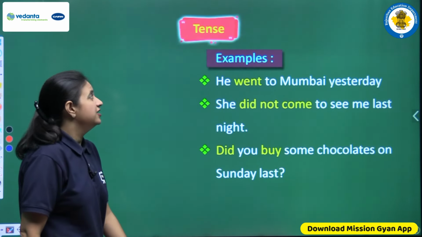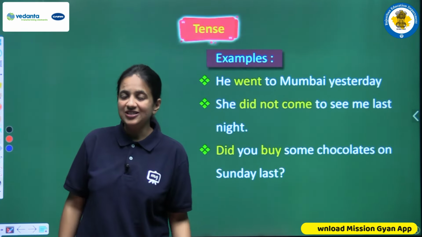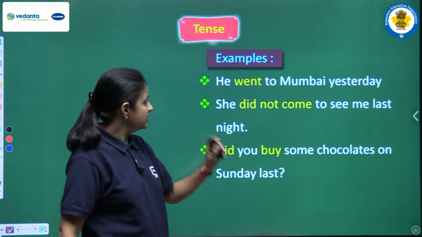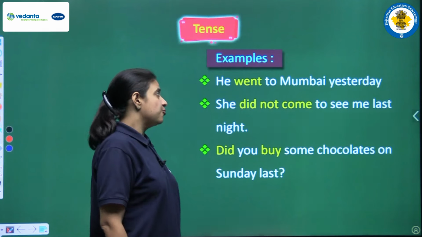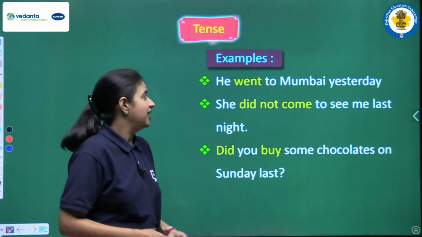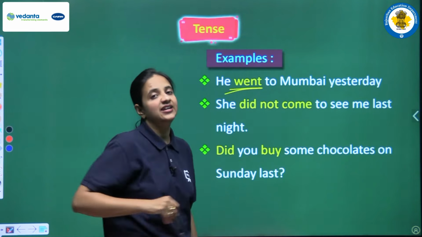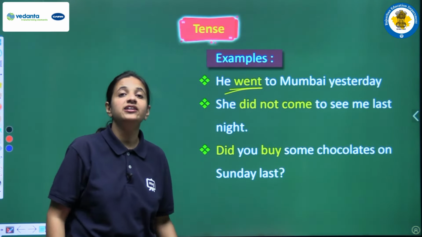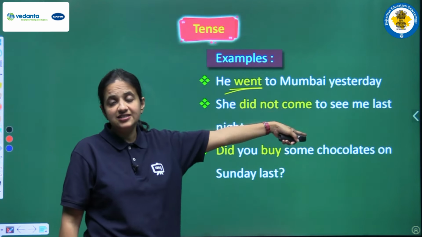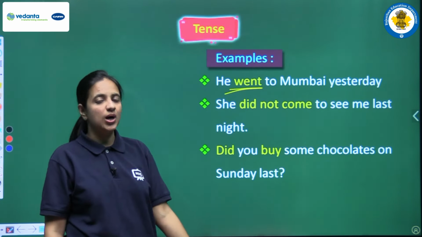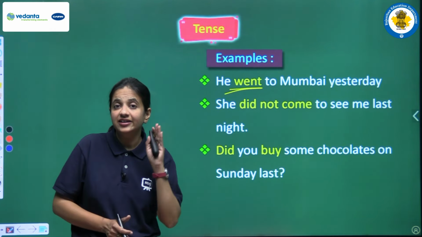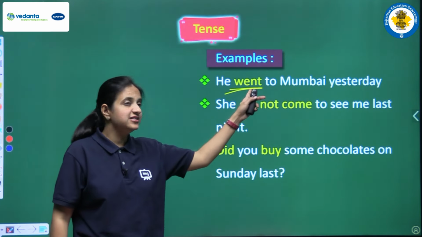Next, moving on. So now let's see some of the examples to clear all these things. Let's read some of the sentences. So the first sentence that we are having here: he went to Mumbai yesterday. So yes, this is a positive sentence, and we are having went, that is again the second form of the verb, and did is not there in the sentence. You cannot say did here, did is hidden in this sentence. Okay, why? Because this is a positive sentence, and this is the reason that when did is not there, we are writing the second form.